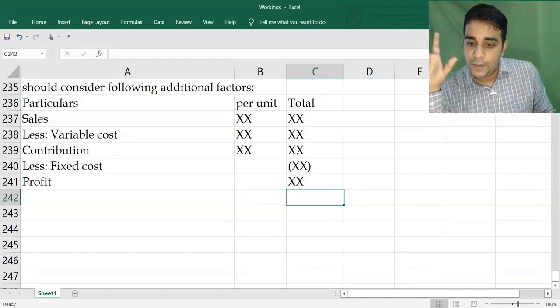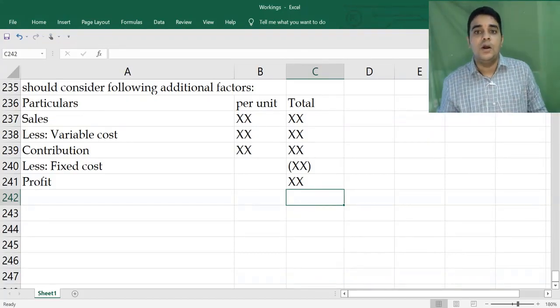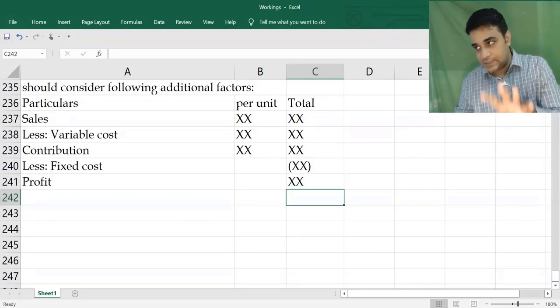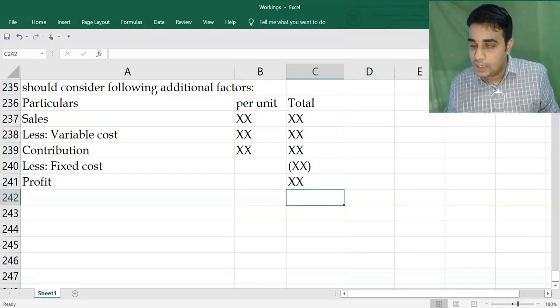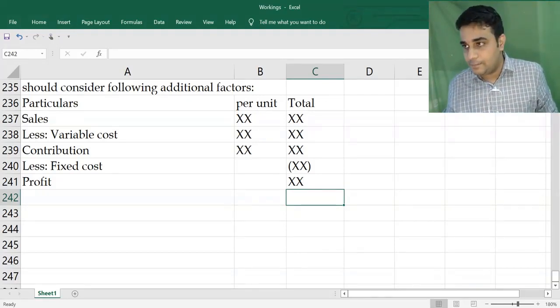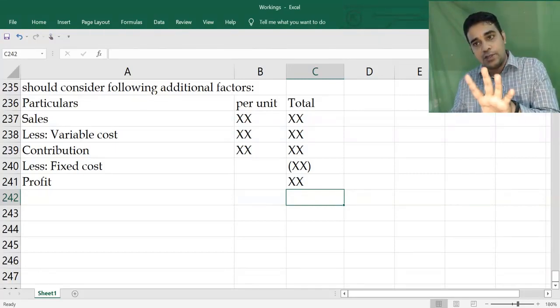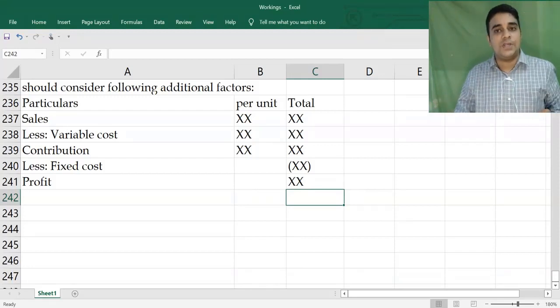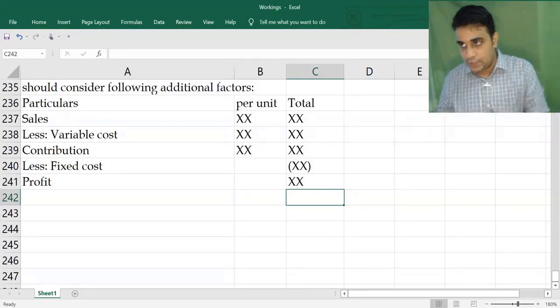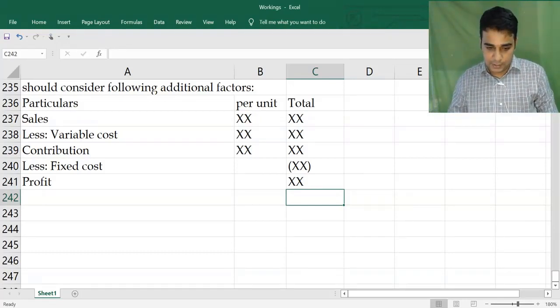You don't look at the overall variable cost and say I'll increase 10%, because overall variable cost will also go up because of volume. If volume goes up, overall variable cost will go up. And if the question says fixed cost increases, that needs to be applied on total fixed cost. If you apply it on per unit, you will end up again making a mistake. So variable cost per unit change, total fixed cost overall change. Any change in variable cost represents a change in variable cost per unit. Any change in fixed cost represents a change in total fixed cost.